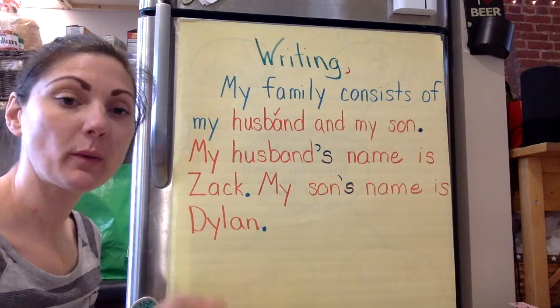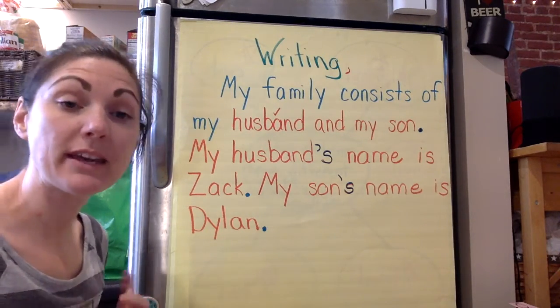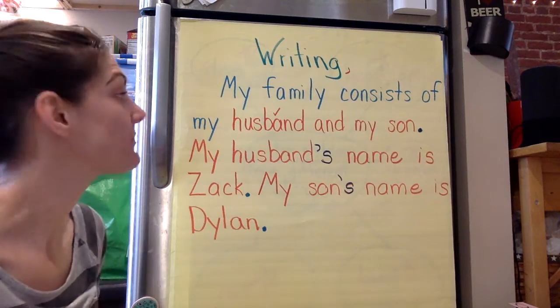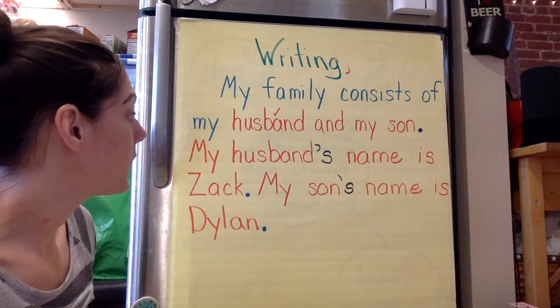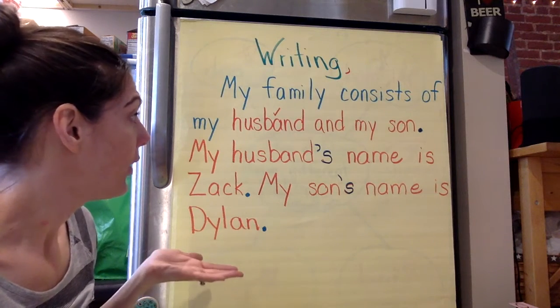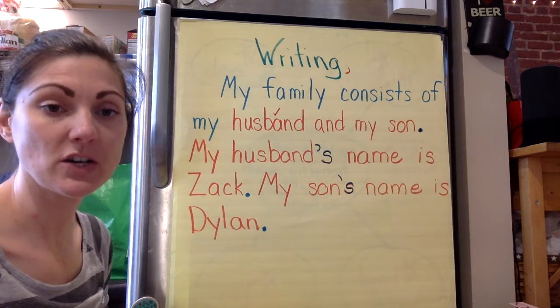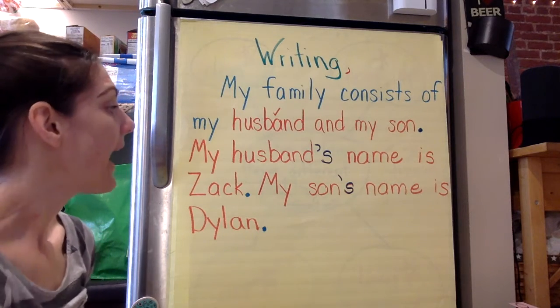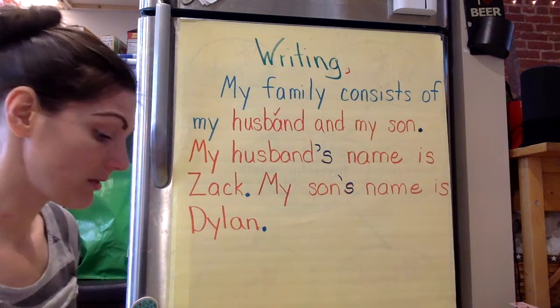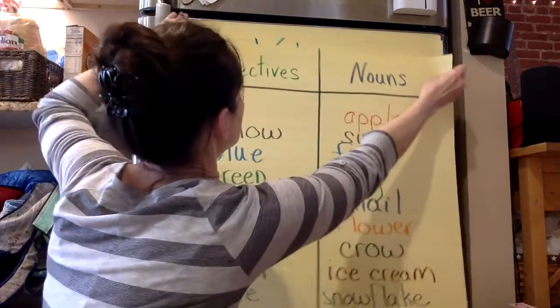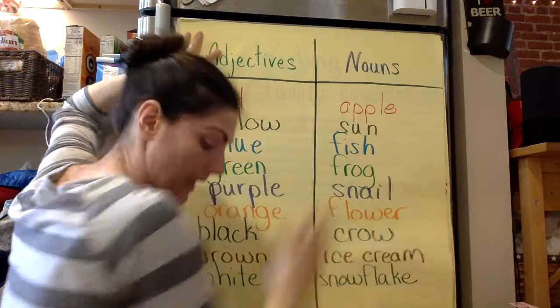In the beginning of the week, we started writing about who our family consists of, or is made up of, and we added this to our fancy word wall. And so you could have written all your family members down, a sentence about each of them and what their name was. And then two days ago, I guess it was on Wednesday, Dylan did a book with me